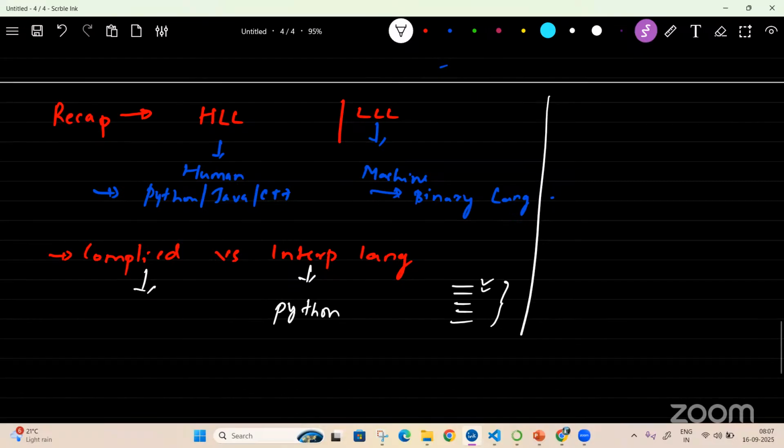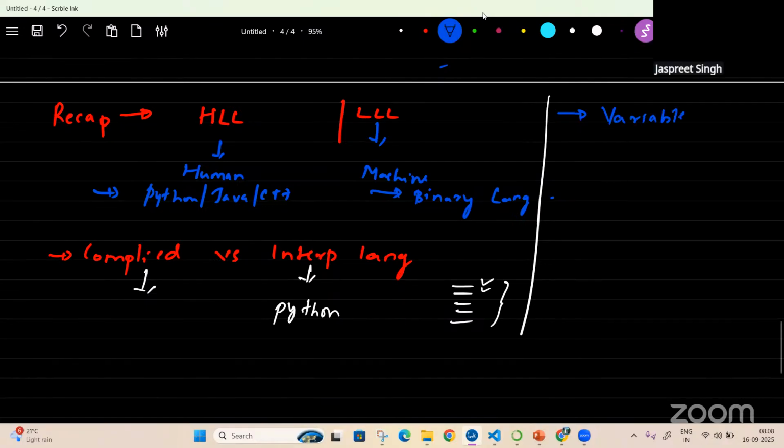Then what else did we do? After this, we saw demos of print statements and assigning variables. We got started with variables. What are variables? A variable is a kind of container where we can store any values. Variables are the containers where we can store values that can be manipulated during your programs.